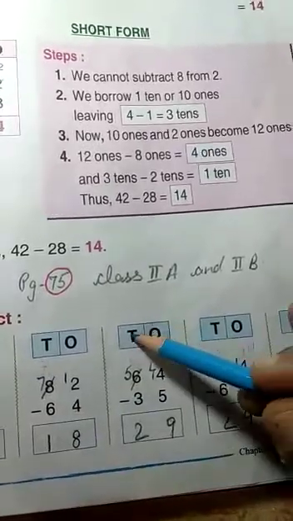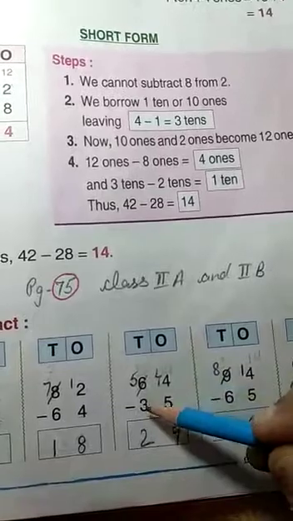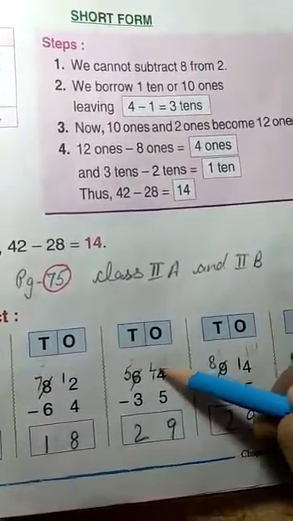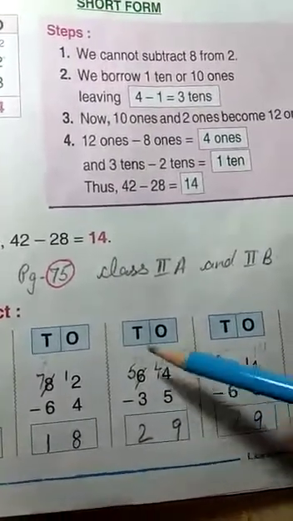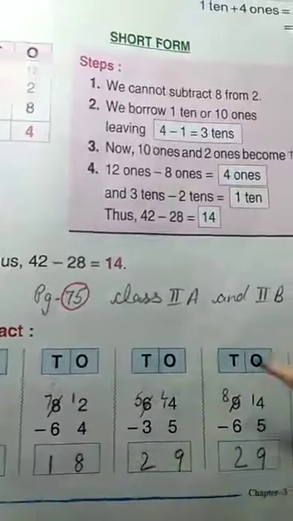Again, ones column, tens column, you subtract the ones column and then the tens column. When you borrow 1 from here, this becomes 14. 14 minus 5 will give you 9 and this reduces to 5. 5 minus 3 will give you 2.